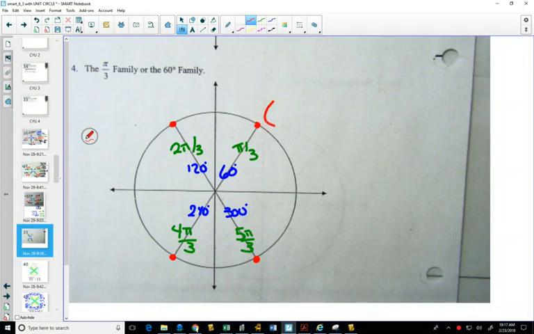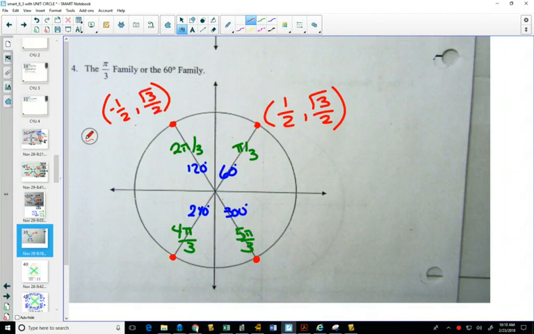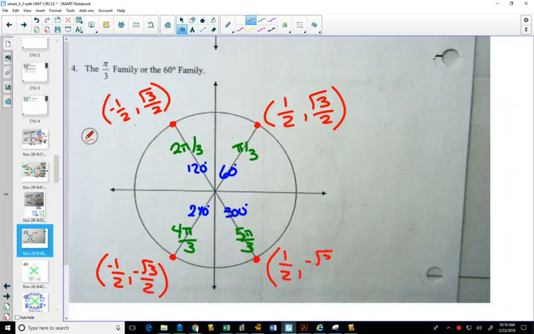Quadrant 1. From your special triangle, cos of 60 degrees is 1/2. Sine of 60 degrees is root 3 over 2. Now our values are going to stay the same. All that's going to happen is what stays positive and what changes to negative. And finally, tan